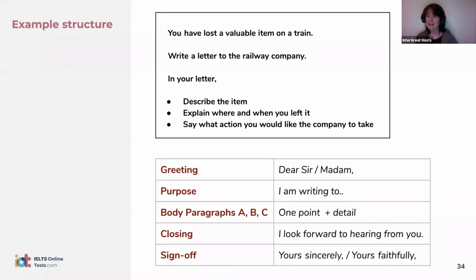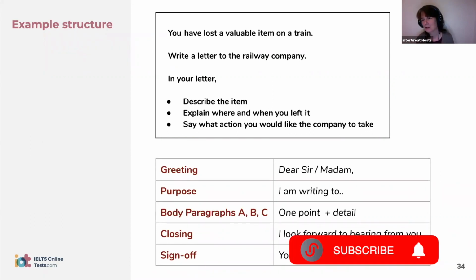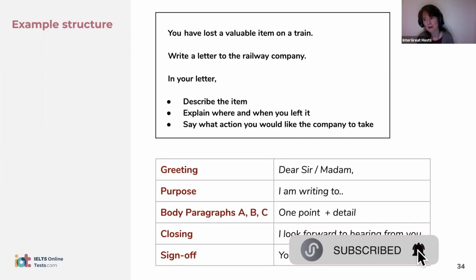If you don't leave a line, sometimes it's difficult to tell whether it's a new paragraph. Just write your name at the end. The examiner really isn't paying that much attention to the name. So there are other things to